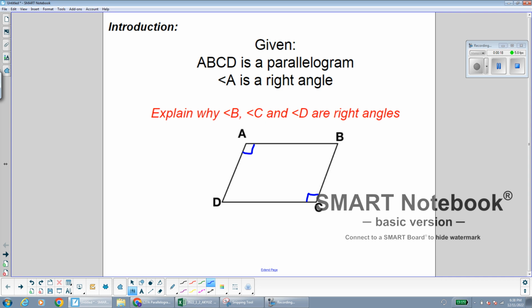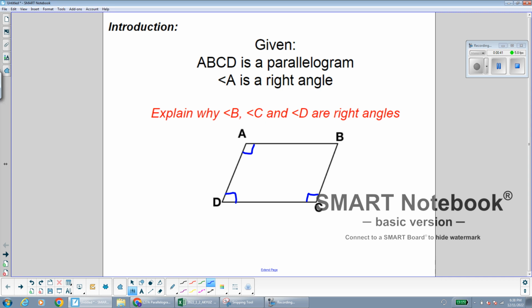So I'm going to fill that in. We also know that a property of parallelograms is that consecutive angles are supplementary. That means they add to 180 degrees. Angle D and angle C are consecutive angles in this parallelogram, so that means they need to add to 180 degrees. If this one's already 90 degrees, then this one has no choice but to also be 90 degrees to make